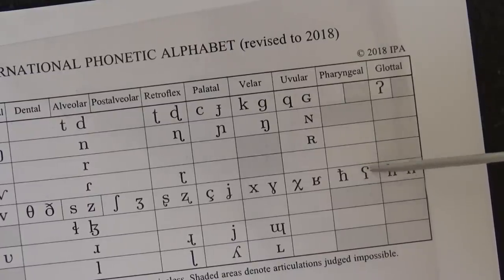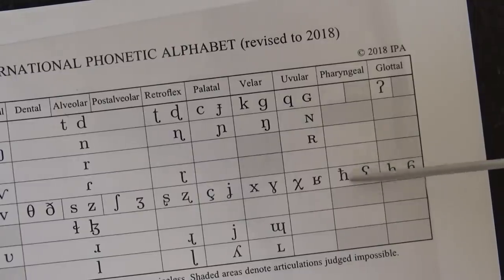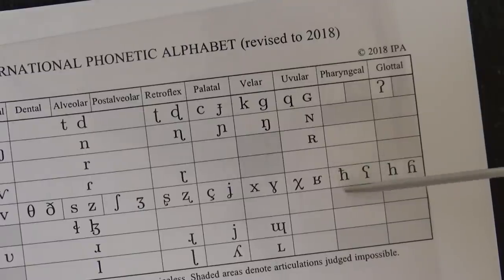But I will start thinking about pronouncing Ringarum when I try to pronounce the Arabic Ain. And the voiceless version is